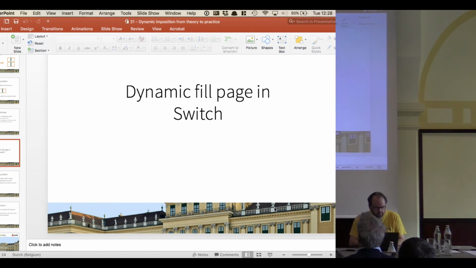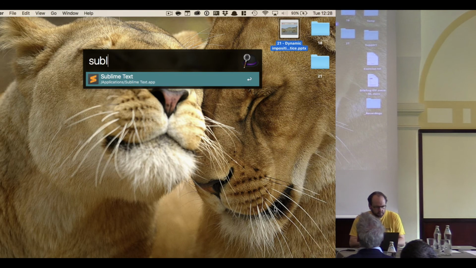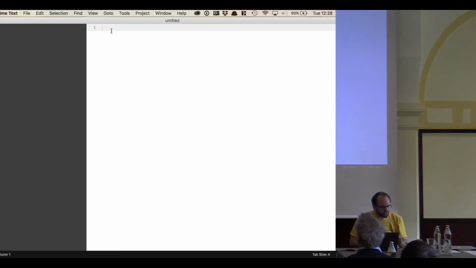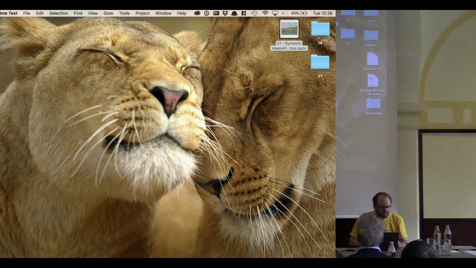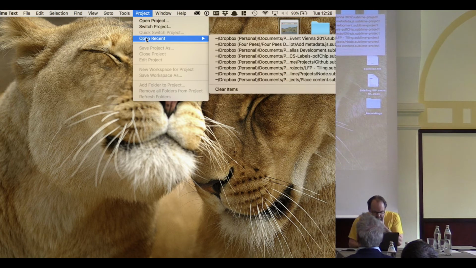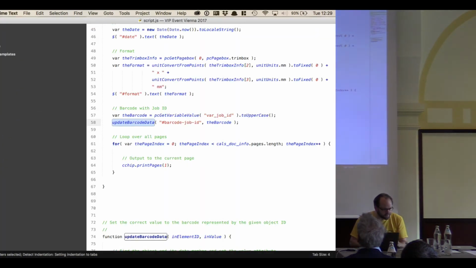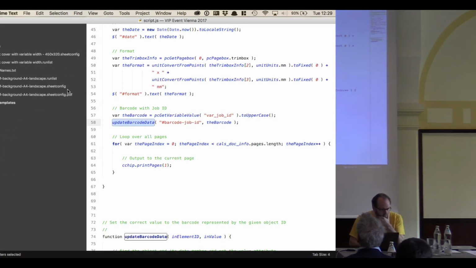dynamic imposition. So let me see if I can bring that up. I think I closed my project file during the last session. I hope I still have it somewhere in recent stuff. There we go. So what I did for that is